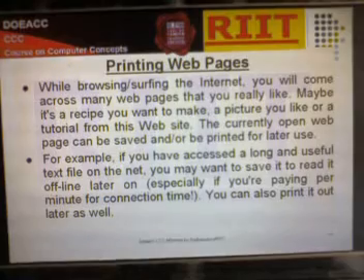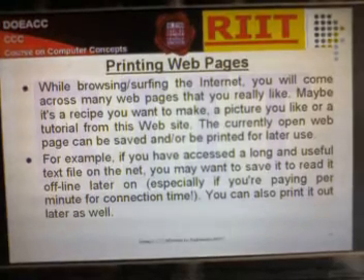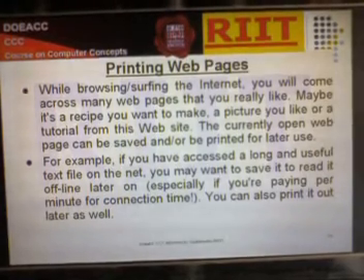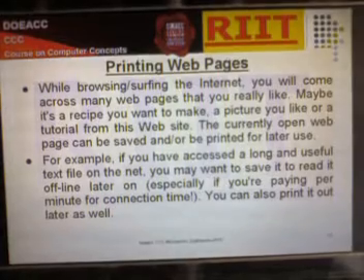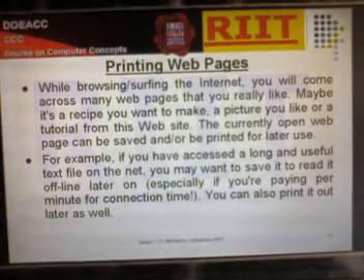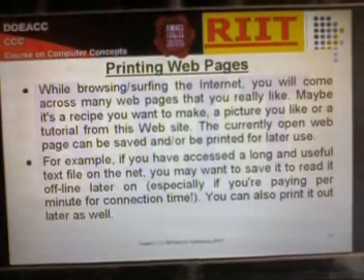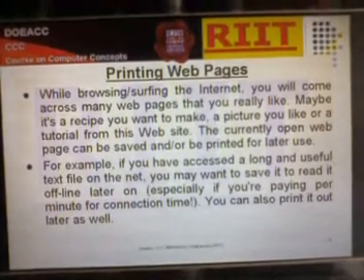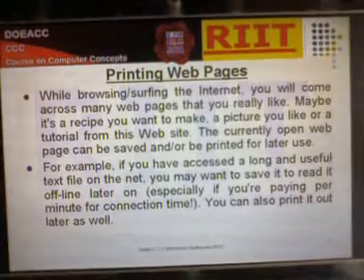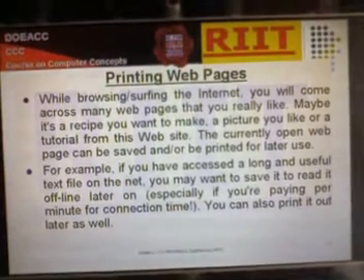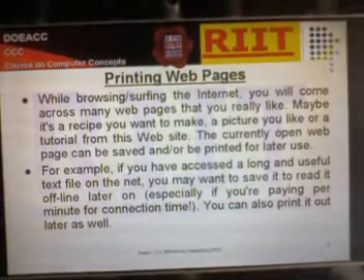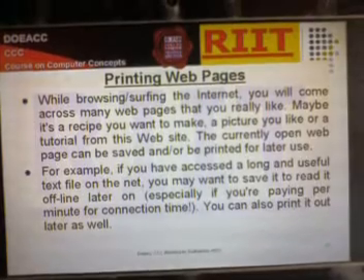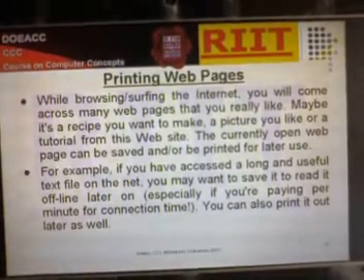For example, if you have accessed a long and useful text file on the net, you may want to save it to read offline later on, especially if you are paying per minute for connection time. You can also print it out later as well.